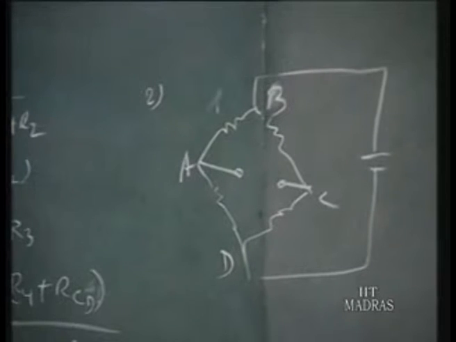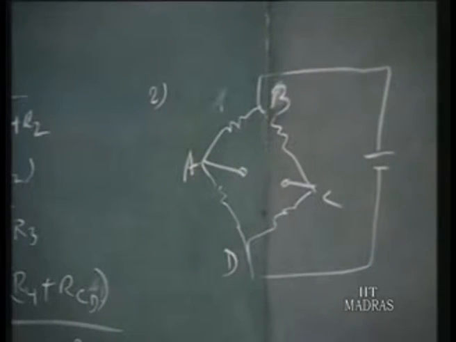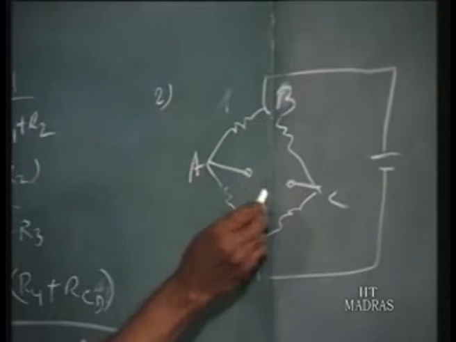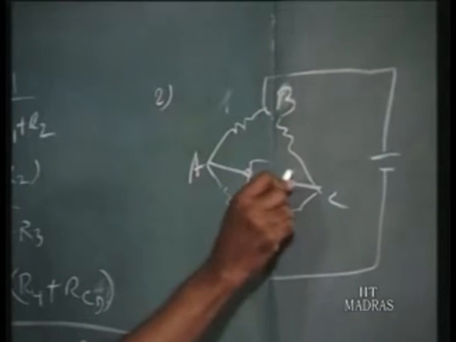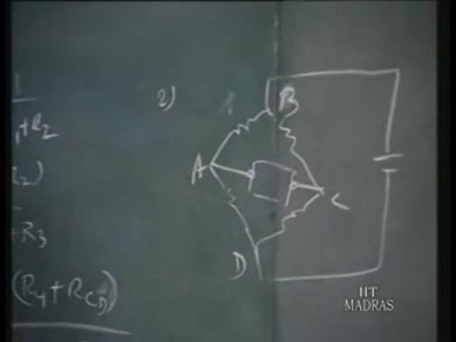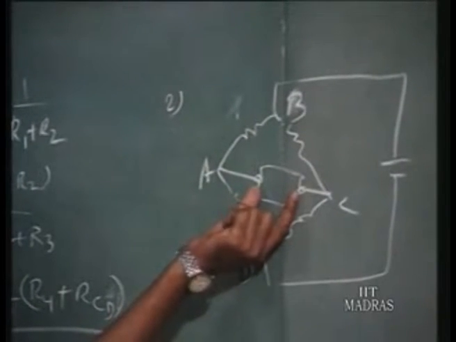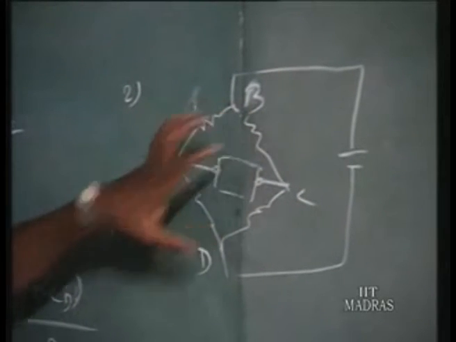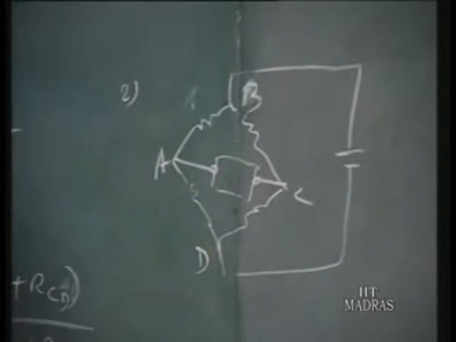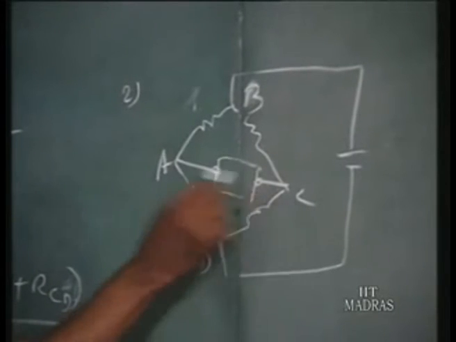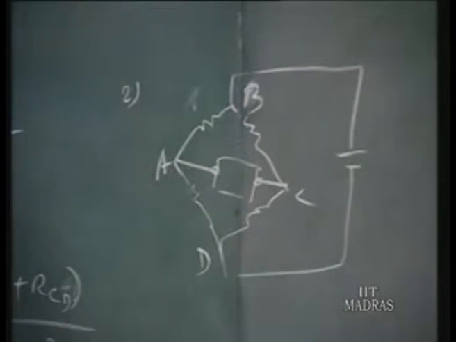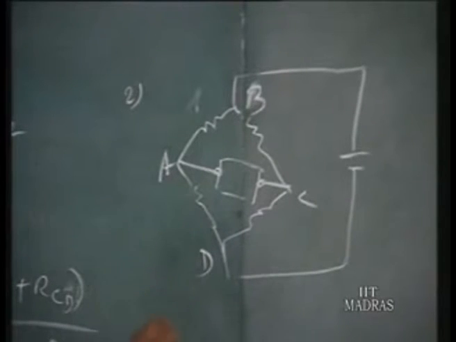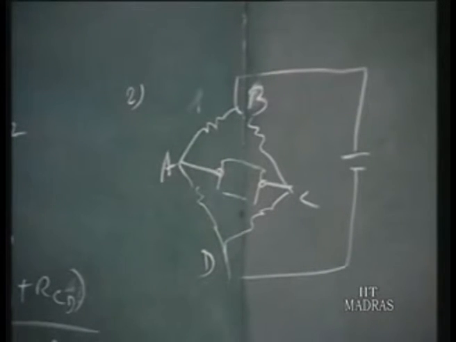Now here we should know what is the reflected resistance across AC, because here only we have to connect the instrument. Instrument is to be connected here. So when you want to select an instrument, the output resistance of this bridge circuit should be known. Otherwise we cannot select the instrument. So to say, RAC should be known. Now let us draw the equivalent circuit.